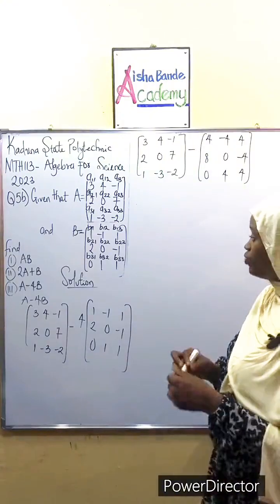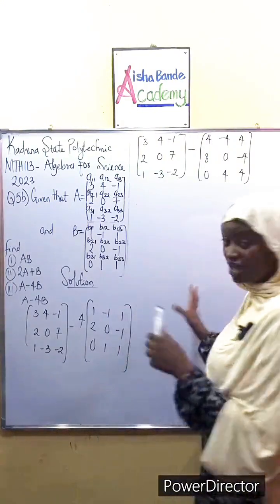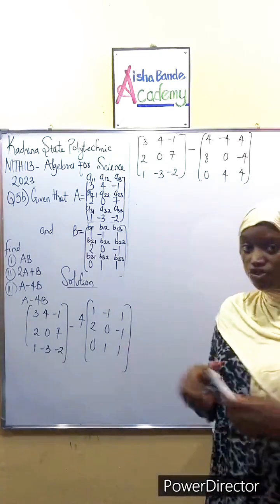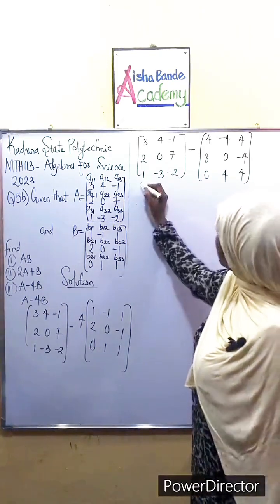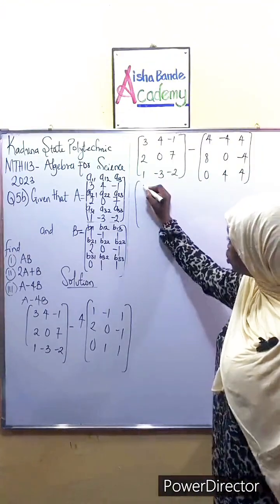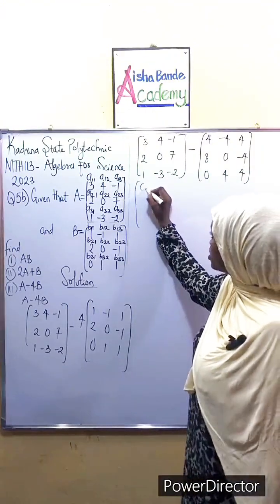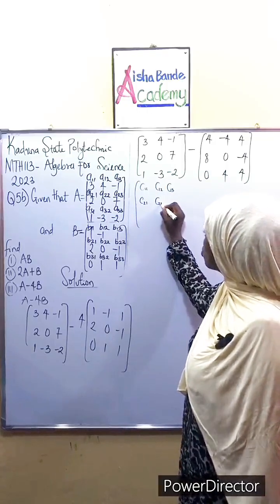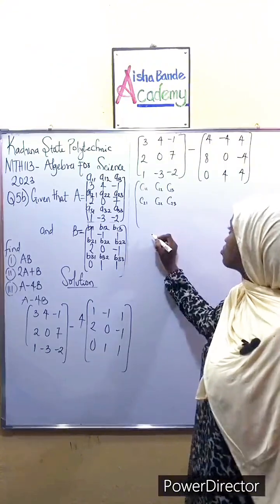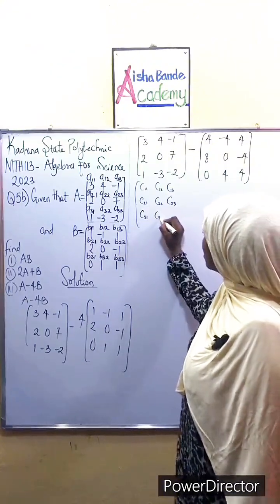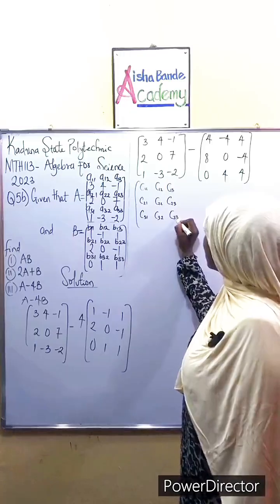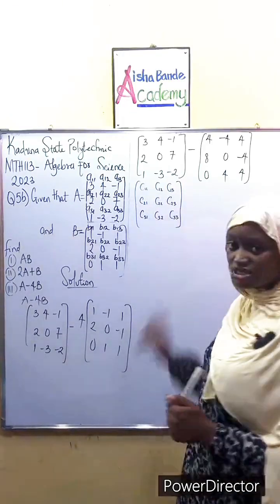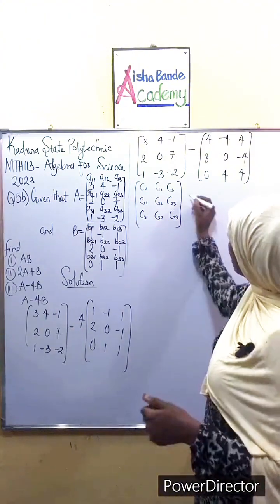So the same way we solve for addition is still the same principle we apply for subtraction. So if we are subtracting this matrix, we are going to have a third matrix, which is matrix C. So the matrix C is now going to be just the same thing we did for addition. So we're going to have C11, C12, C13, then C21, C22, C23, then C31, C32, C33. Okay, so now for us to get each of the elements in this matrix, what we need to do is